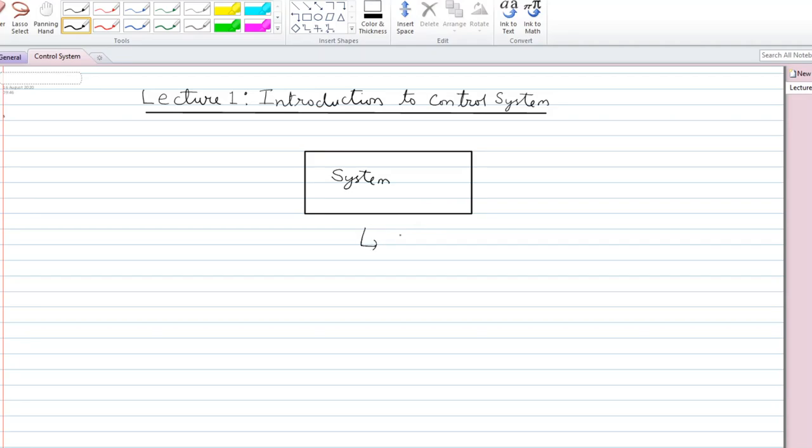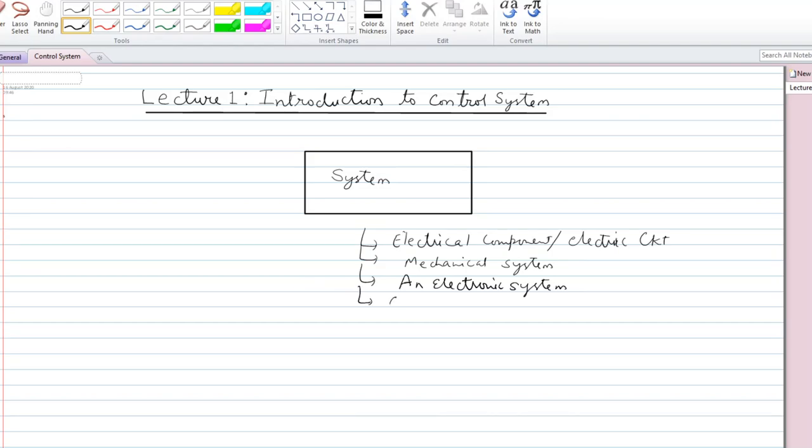may be any combination of electrical components, or it may be an electric circuit, or it may be a mechanical system, or it may be an electronic system, or it may be a combination of both, or any other system